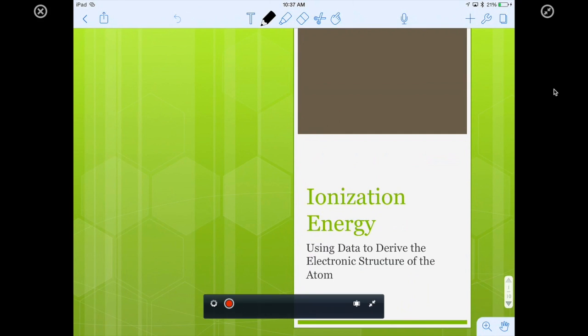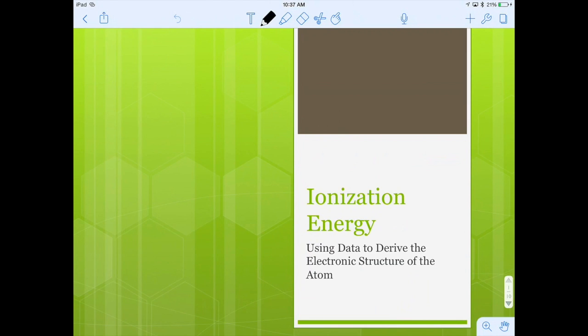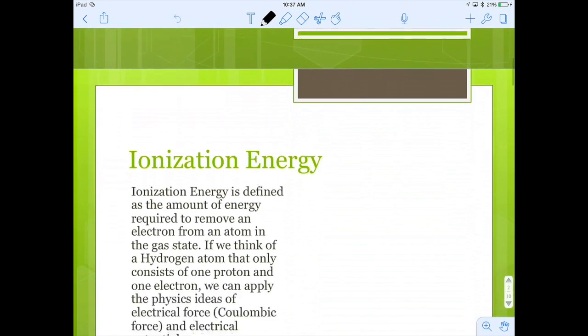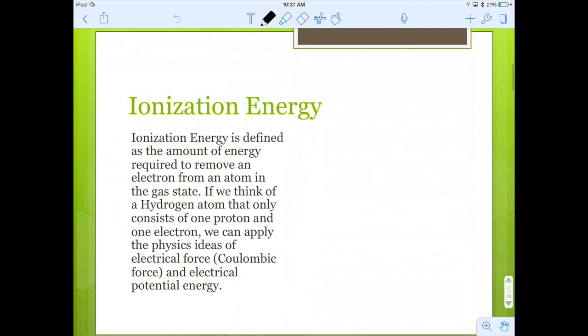This video is on ionization energy and how we're going to use data to derive the electronic structure of atoms. Ionization energy is defined as the amount of energy required to remove an electron from an atom in the gas